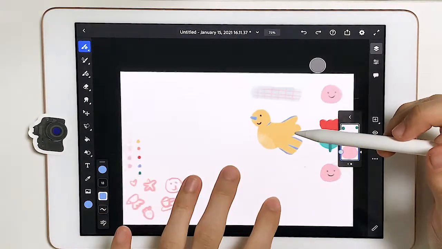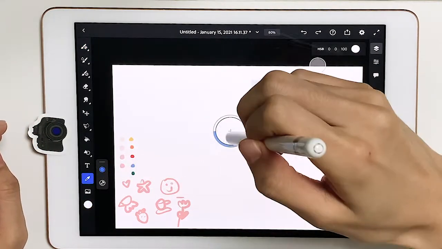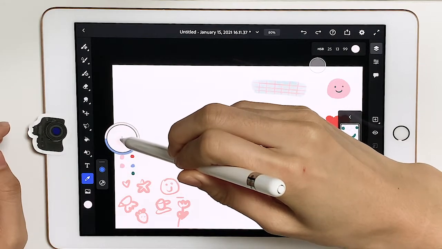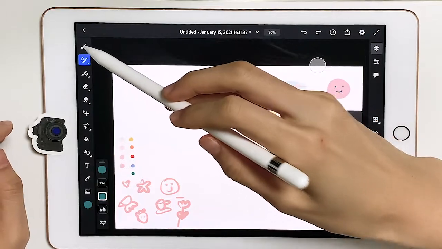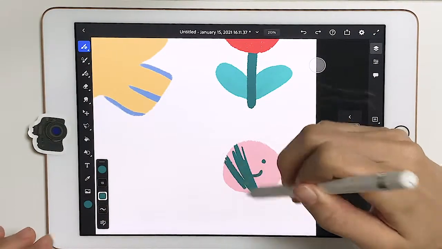How about, let's see, is there something we didn't use? Maybe this beige color? Or how about we just switch it up? So